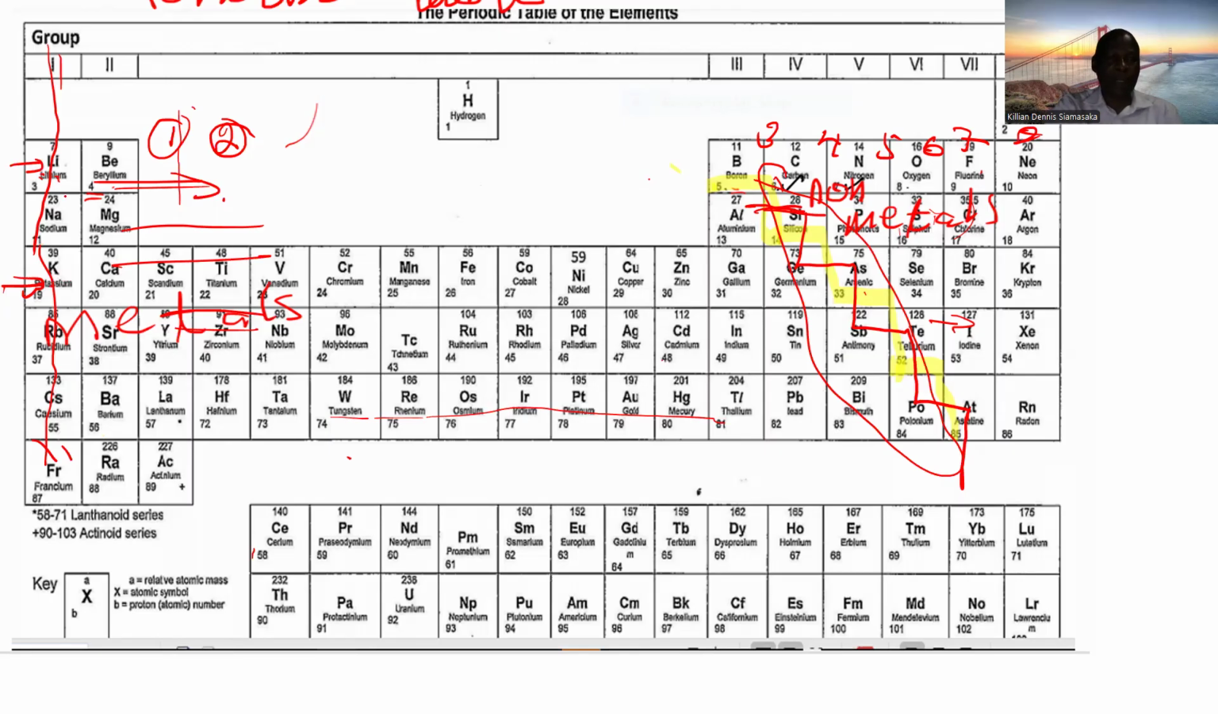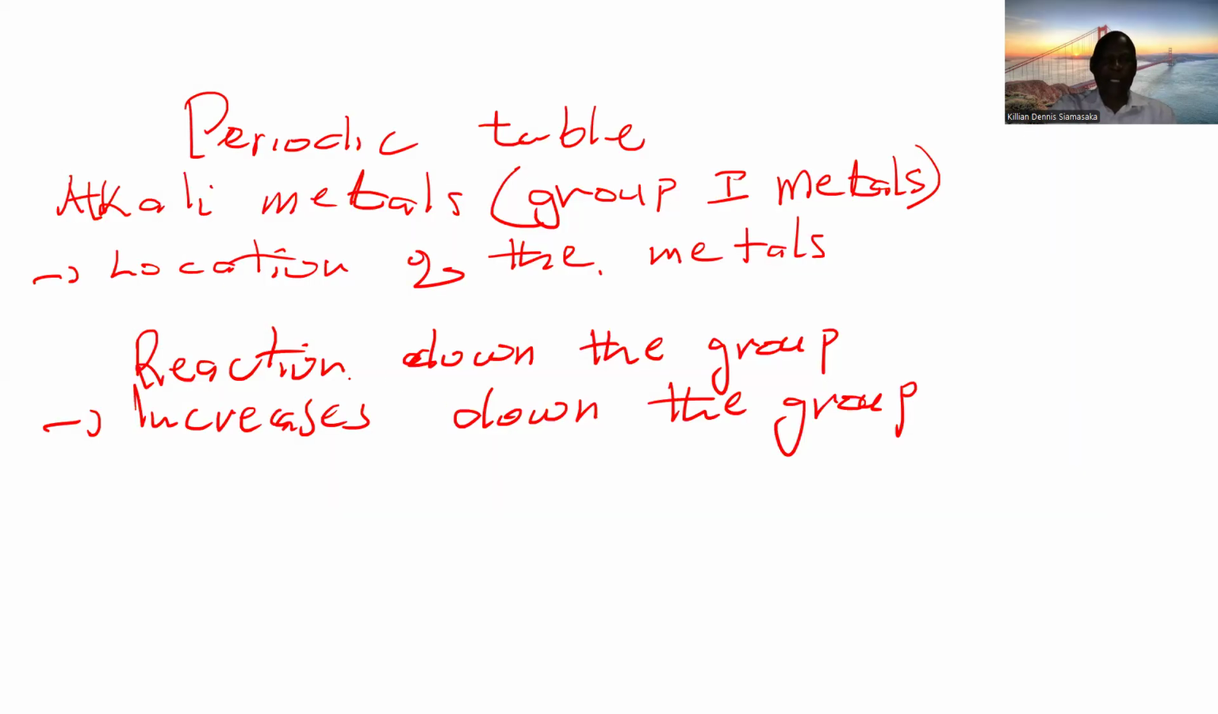The reason is that the element potassium has an electron in the outermost shell, which is further away from the nucleus. And therefore, during a reaction, it is easily released or lost. While in lithium, the electron is closer to the nucleus, where there are protons which are positive. In other words, what we are saying is that